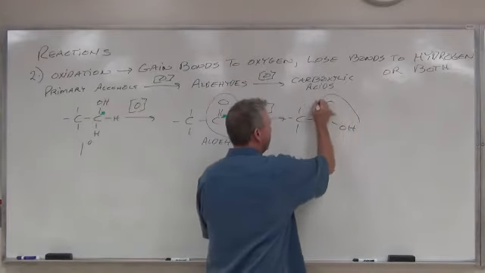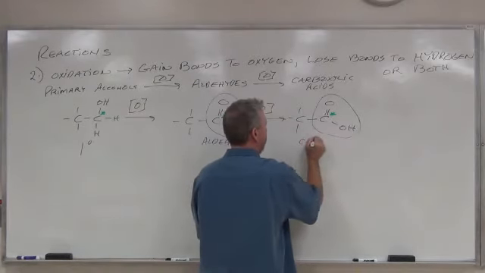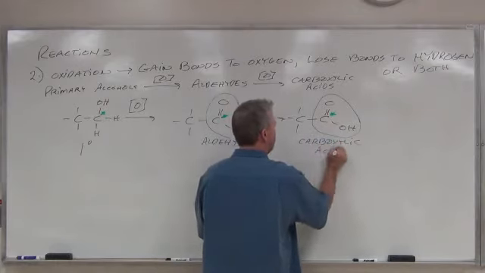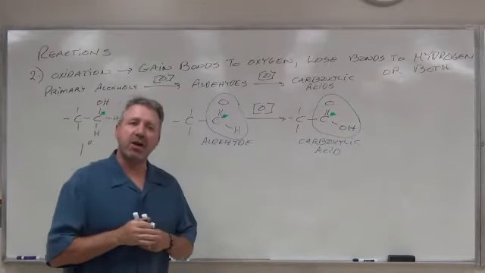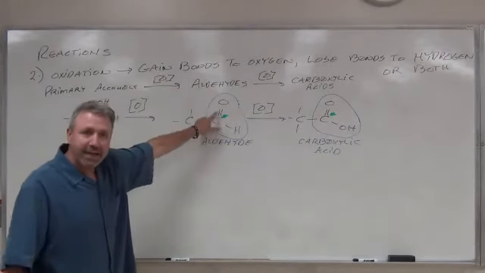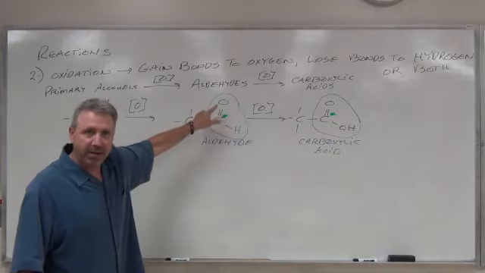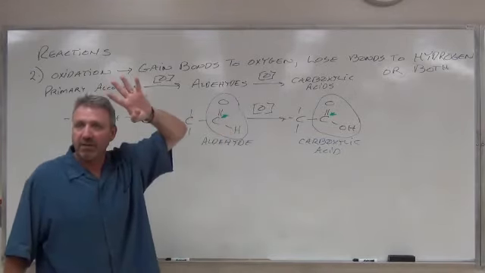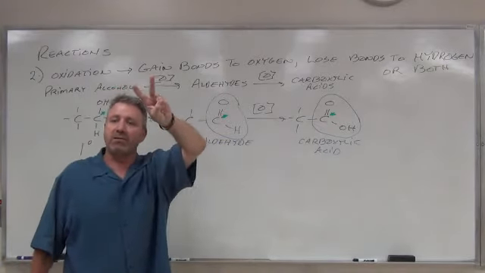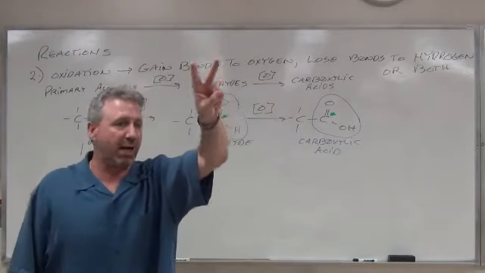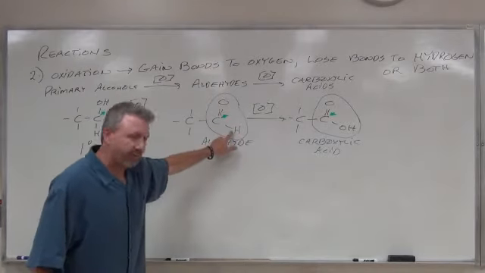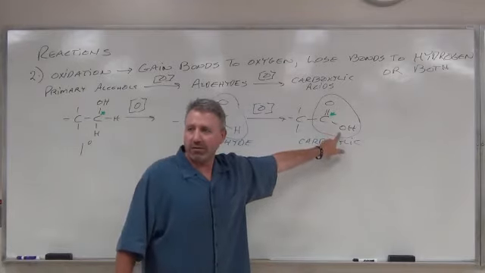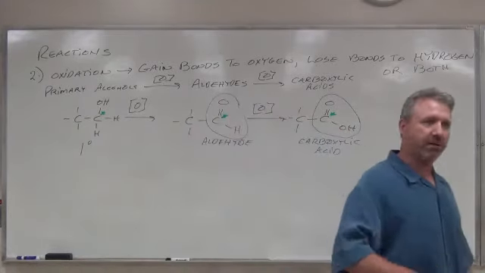This is our carboxylic acid functional group. C double bound to an O, just like the aldehyde. C double bound to the O. But instead of one of the remaining bonds to carbon, carbon's only got 4 bonds, right? Right off the bat, the C double bond O takes up 2 of them. So it's only got 2 left. For the aldehyde, one of those must be to hydrogen. For the carboxylic acid, one must be to OH. We'll learn them. We're not there yet.